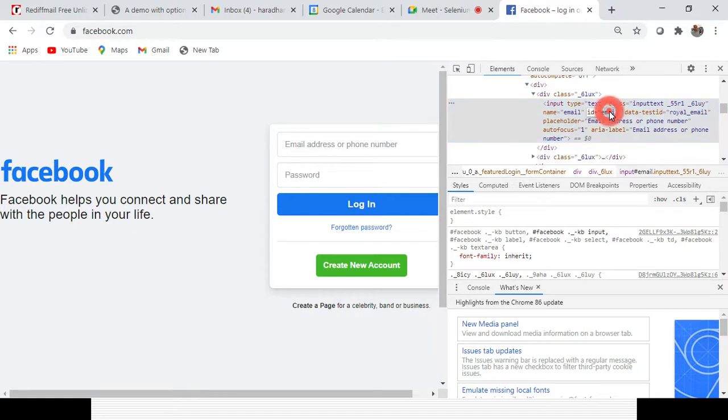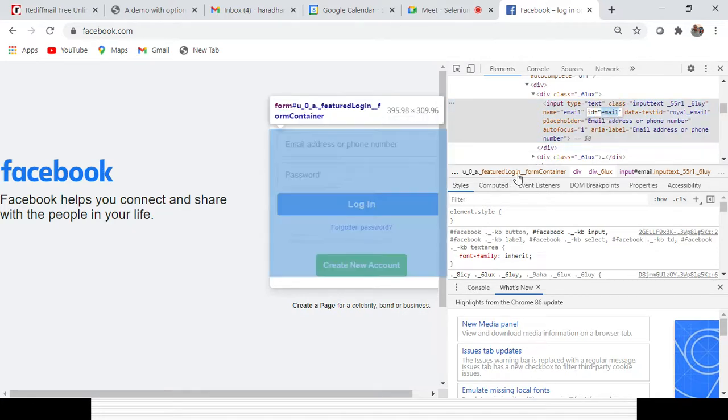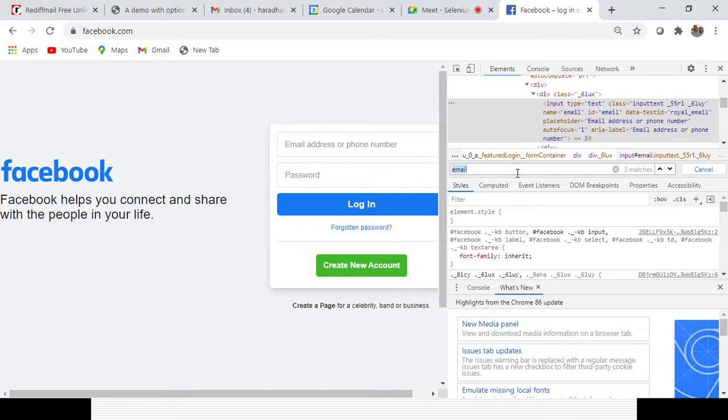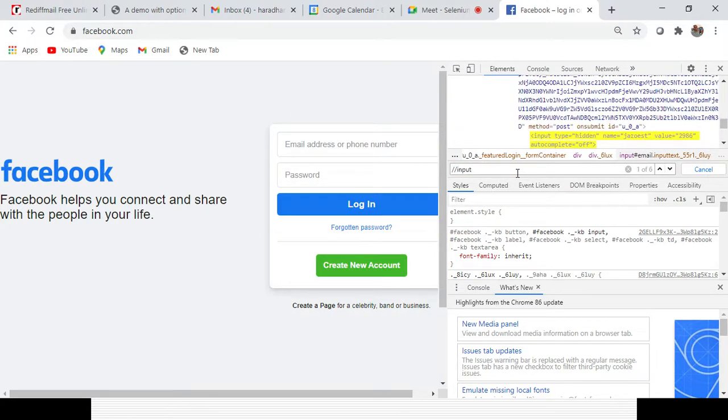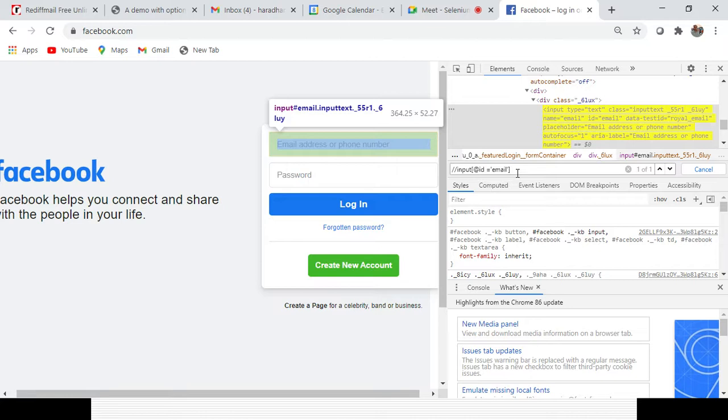I want to create the XPath with the help of ID, so I press Ctrl F, then slash slash input tag name, then in square brackets @id equal to, and close it. You can see only one option is found. So this is the XPath.